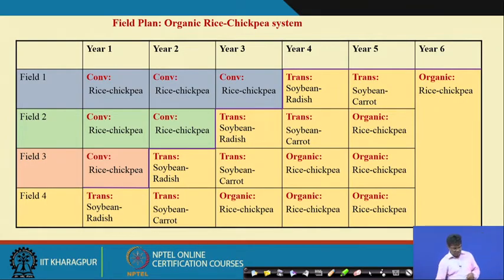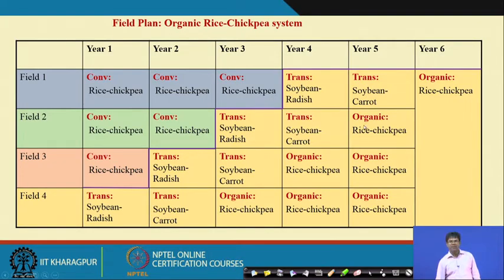Then you can apply for certification, and you can sell your produce as organic from the third year. Similarly, for field 3, all the fields are conventional, and in the second year of field 3 you can start the transition, and accordingly you can get organic in the 4th year. The same process for field 2: you can go for transition from the 3rd year and you can get